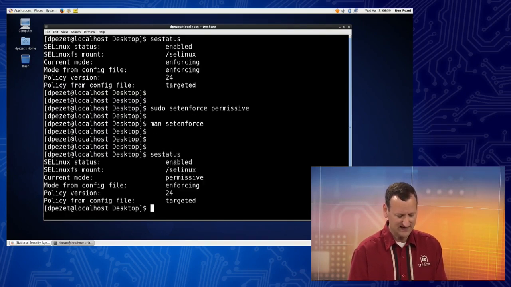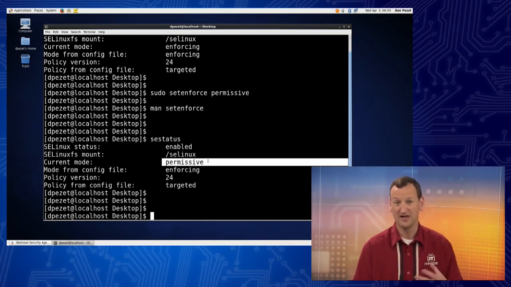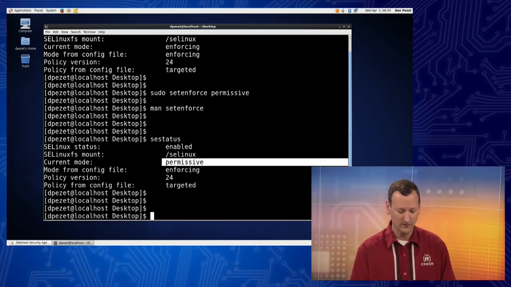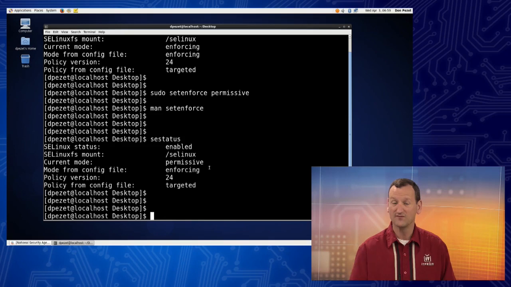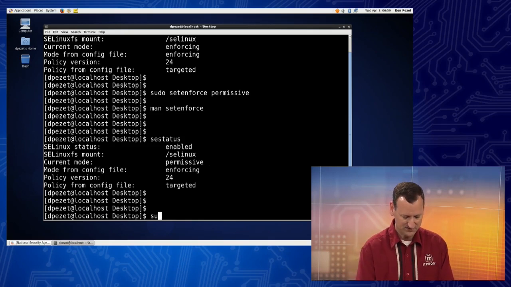And if I do an sestatus right now, I can see that my current mode is permissive. So I'll allow unauthorized access and just keep a log of it, right? But this is temporary. If I reboot, it's going to load from the config file. So if I want this to be permanent, I've got to go and modify that config file. And to do that, you're just going to use sudo and then whatever text editor you use, maybe Nano, I use Vim. So I'll do sudo vim